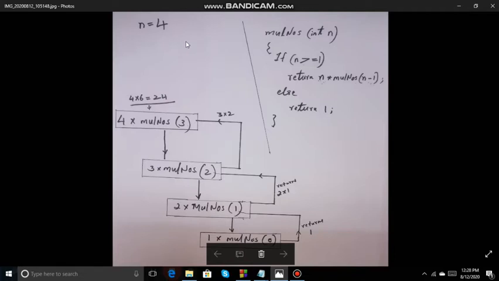Recursion is a concept where we call the same function inside the function itself, or in other words, we call the function from the body of the function. From a statement inside the body of the function, we call the same function. Recursion is used when there is a need for repeated execution of the same task. When you want to execute the same task repeatedly, you use recursion.